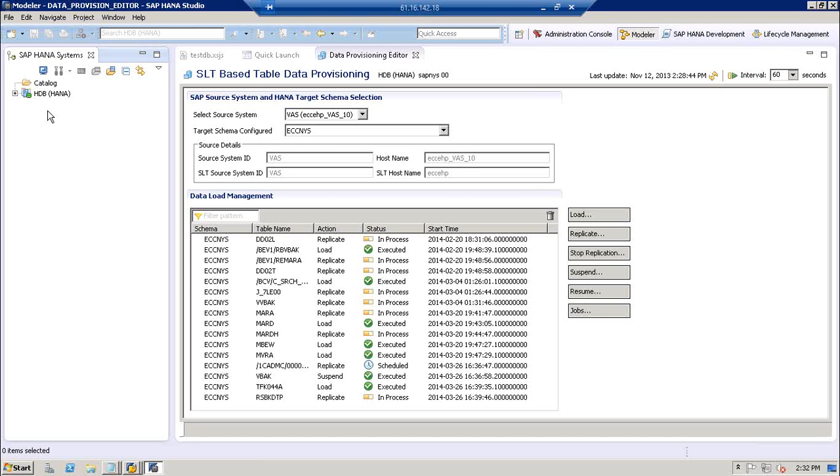So your point of confusion is where the data will get stored. Your configuration wizard will tell you what schema you have chosen where you want to store the data. That schema will be chosen and the entry will be made there. So it all depends on your configuration aspect. At one point you are defining, okay, under this schema I want to store the data.